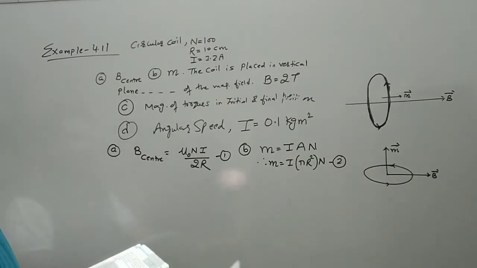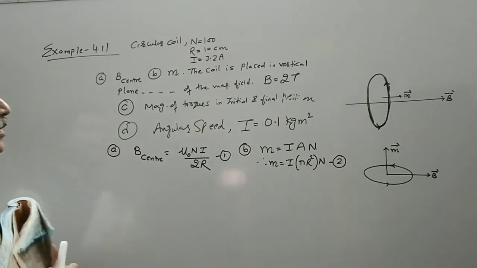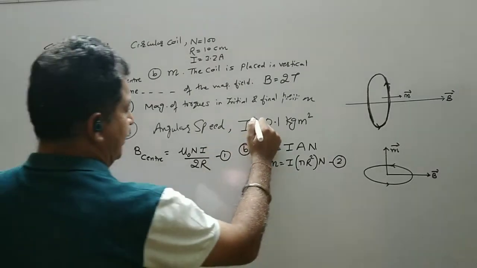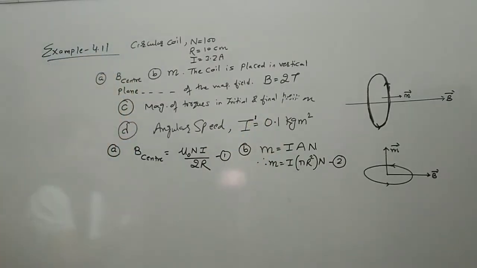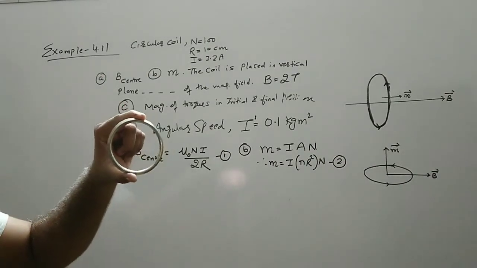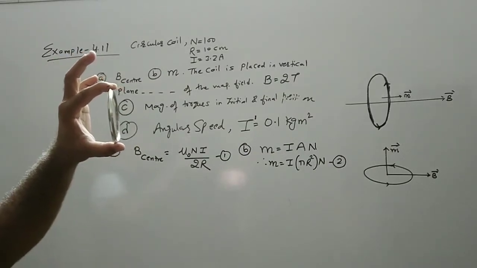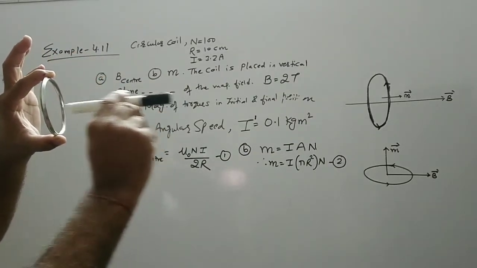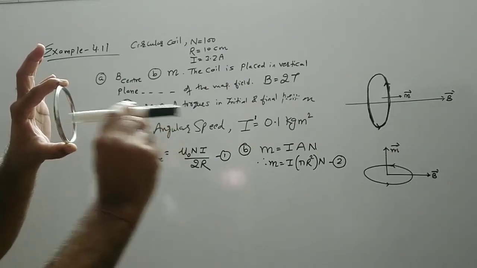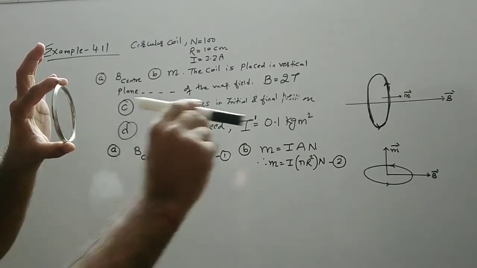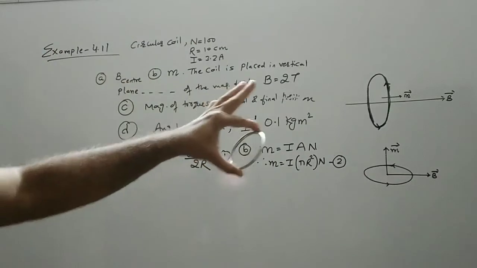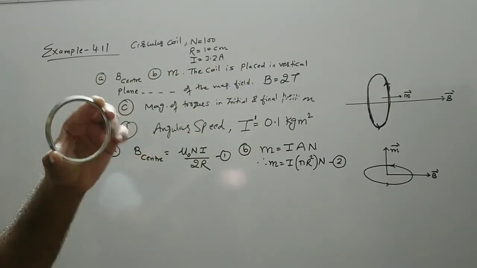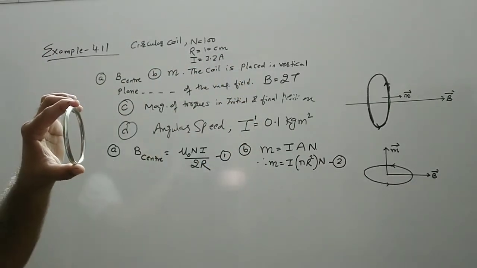The moment of inertia, so this capital I is not current, it is moment of inertia, let us denote it by I dash. So it is not current, it is moment of inertia. Now as per the geometry given in the question, this is a coil, this is a vertical plane. Now the magnetic field is along the x-axis. So this is your magnetic field. Initially the magnetic moment is also in the same direction, that we have seen with the help of the thumb rule. So this is the situation.